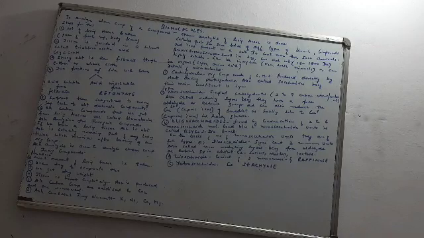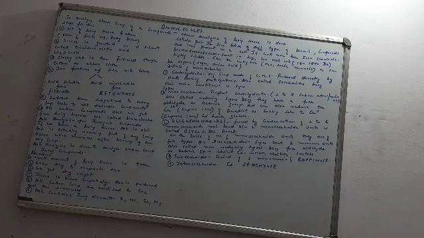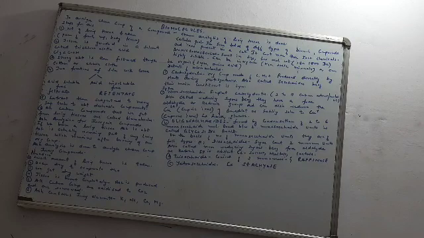What we need to learn is the examples. Disaccharides: sucrose and maltose. Trisaccharide: raffinose. And tetrasaccharide: stachyose. So this is all about the classification of saccharides and how do we chemically analyze a living tissue and